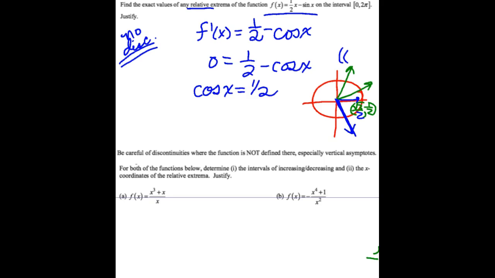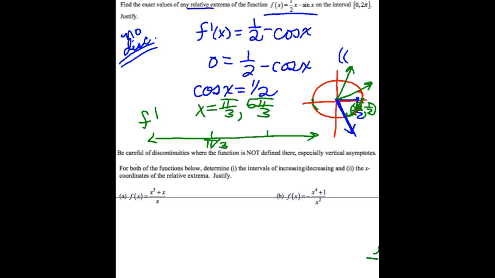Exactly. And again, if that bugs you, you have to be able to think it out. There are 6 pi over 6 to here, 12 pi over 6 to here. I need to go back 2 of them. So I'm at 10 pi over 6 or 5 pi over 3. So there's some candidates. For my roly-poly function, I've got these that need to be tested. So I go here. I know I'm testing them in the derivative. I put them on here, pi over 3, 5 pi over 3, and I know the derivative was 0, so